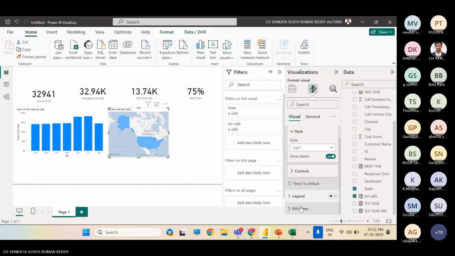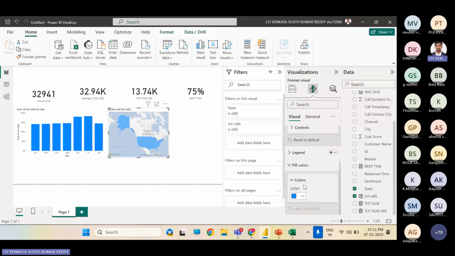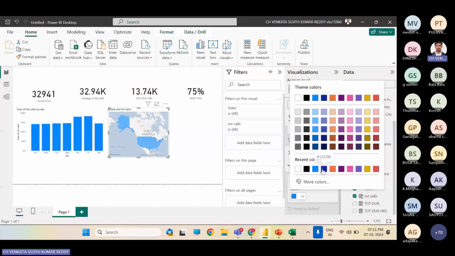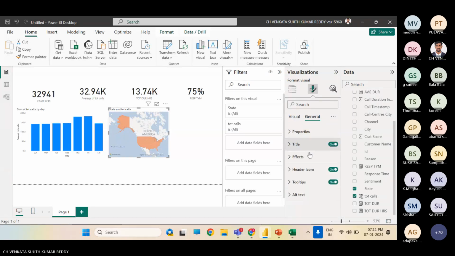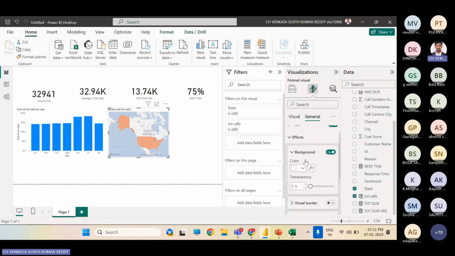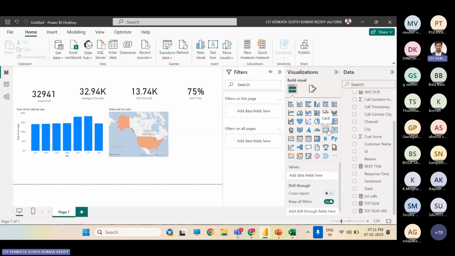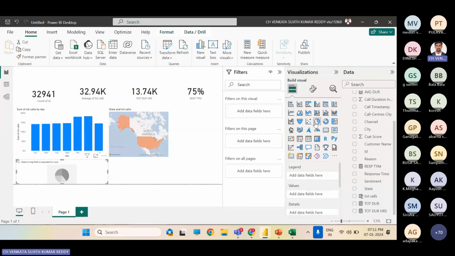Okay, and then we'll go for one pie chart or donut chart for showing how many channels they have used. If you select a particular state or city, we can show how many channels they have used.